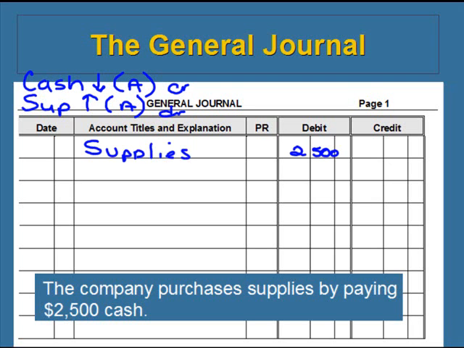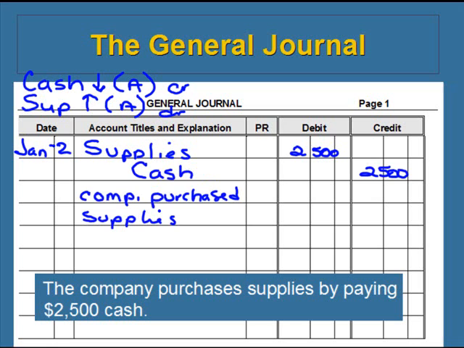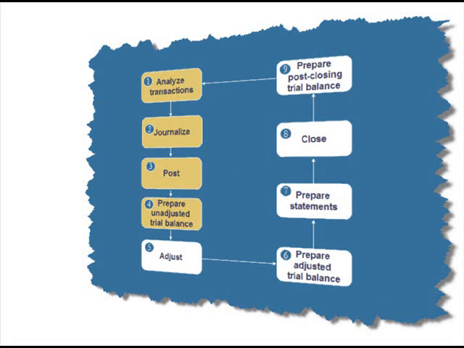Don't forget our date. I'm just going to make one up here, January 2nd. Then we're going to indent and put our credit second. And the $2,500 is going to go in the credit column. An explanation of the transaction could be company purchase supplies. The explanation for a transaction can be explained in many, many different ways. So don't be concerned if your explanation isn't exactly what they put in the suggested solution. As long as it means the same thing, your explanation